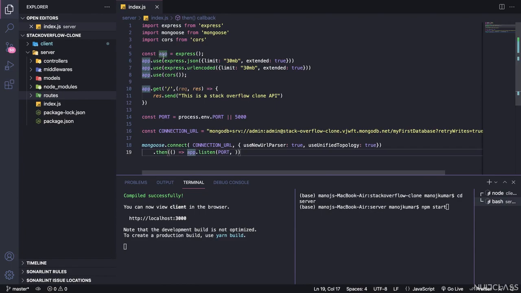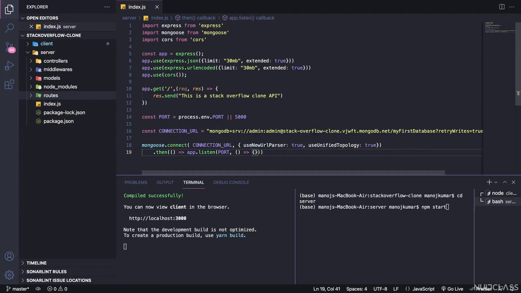The app is an Express server, you can see, and we have used a lot of middlewares. These things are also called middlewares, which we use inside this use. So we are just telling the Express server to listen on port 5000, and the callback function is going to be, if it is listening perfectly, then